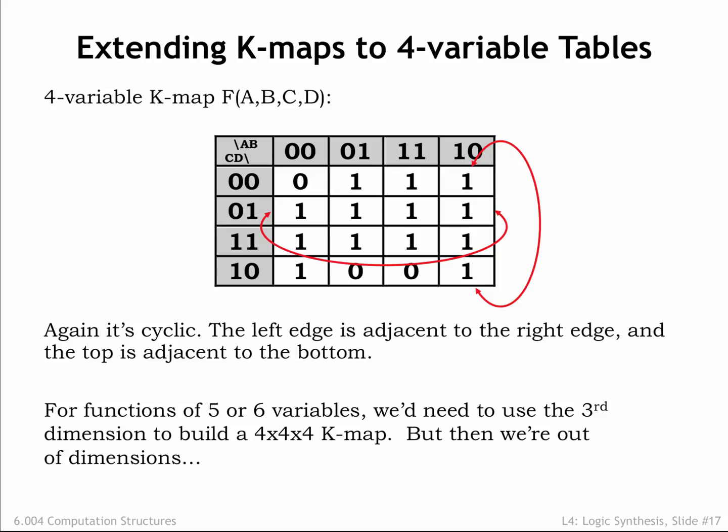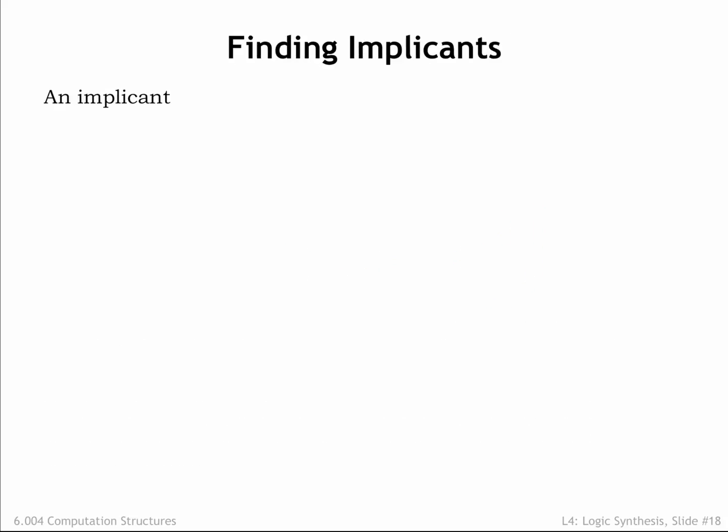For more than 6 variables, we need additional dimensions, something we can handle with computers, but hard for those of us who live in only a 3-dimensional space. As a practical matter, K-maps work well for up to 4 variables, and we'll stick with that. But keep in mind that you can generalize the K-map technique to higher dimensions. So why talk about K-maps? Because patterns of adjacent K-map entries that contain 1s will reveal opportunities for using simpler product terms in our sum